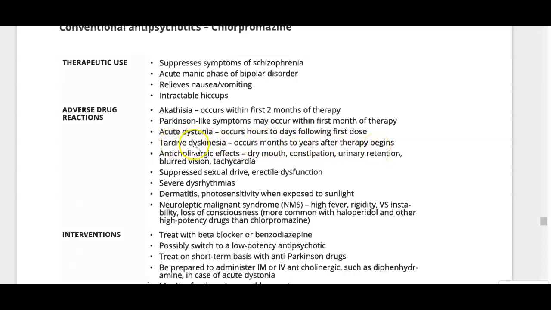And tardive dyskinesia is permanent. It's something we can't reverse. But if we can catch it here in the earlier stages, then we can reverse it. So it's super important that you educate the patient to this so that they can report it to their doctor. And they can either stop the medication or give other medications to help with the symptoms and decrease the symptoms. And just because it's so serious, I want to actually show you a video of what tardive dyskinesia looks like.